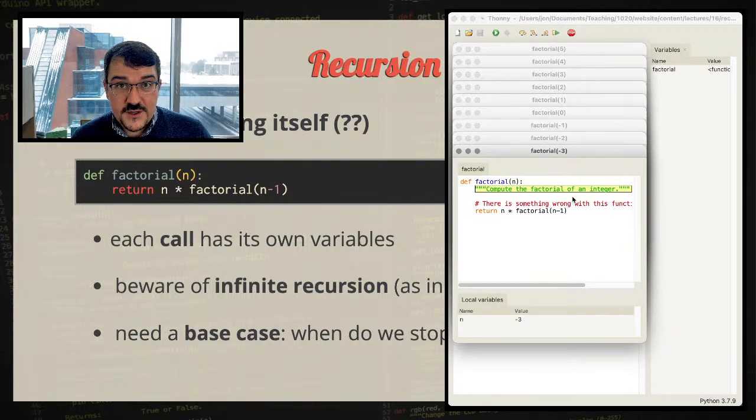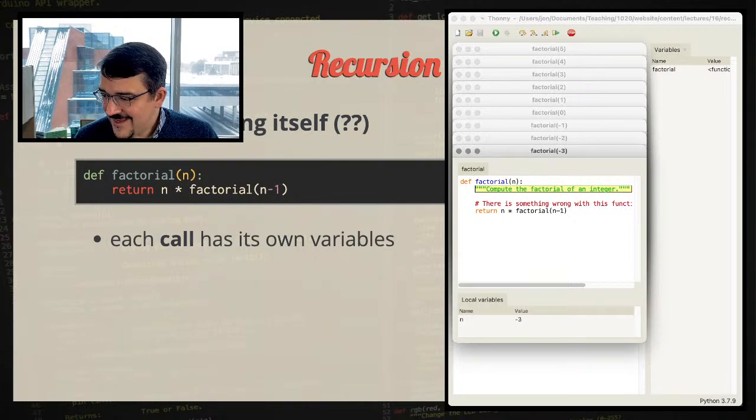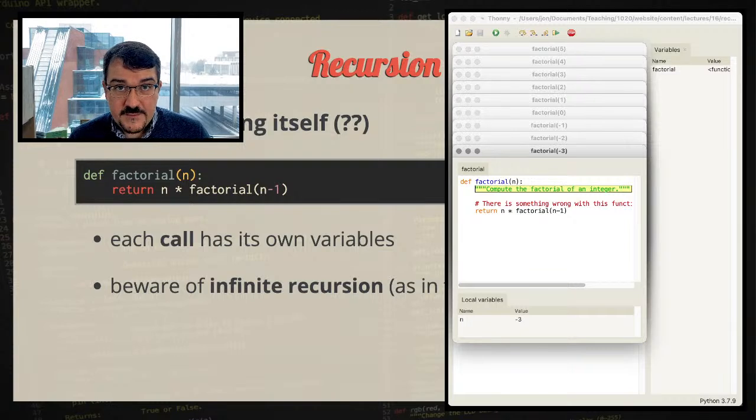So what is fundamentally the problem here? Well, the problem is that this definition of the factorial is incomplete. It is missing something. In particular, this is going to go on forever. We will then figure out what is factorial of minus 3, minus 4, minus 5, minus 6, minus 7, minus 8, and never stop. Just like when we have a loop that we use to compute a value, we need to be aware of an infinite loop. Similarly, when we're thinking about recursion, we need to be aware of an infinite recursion,